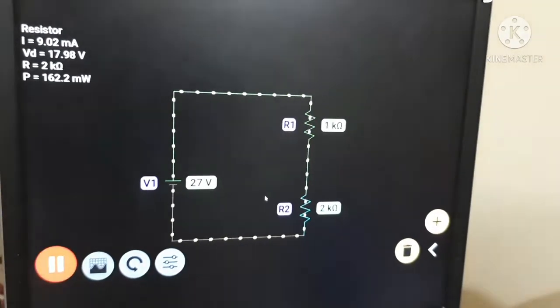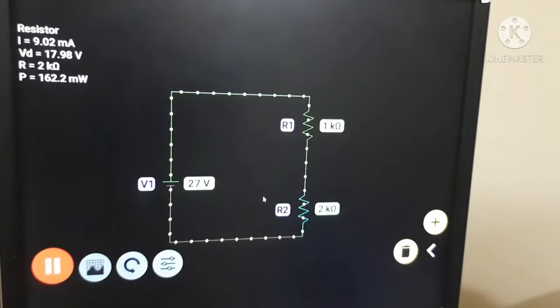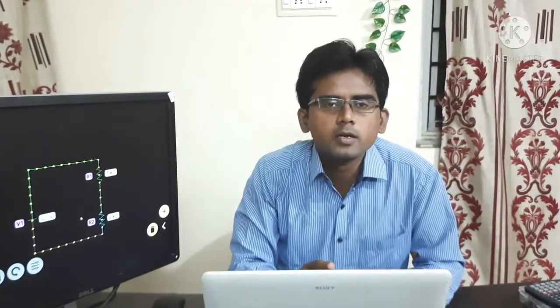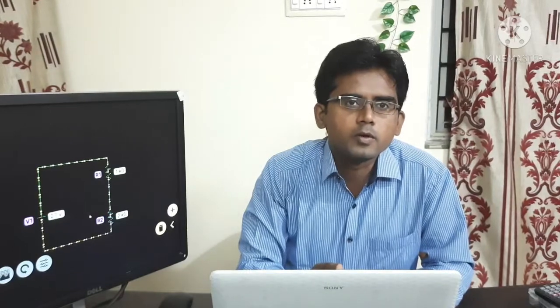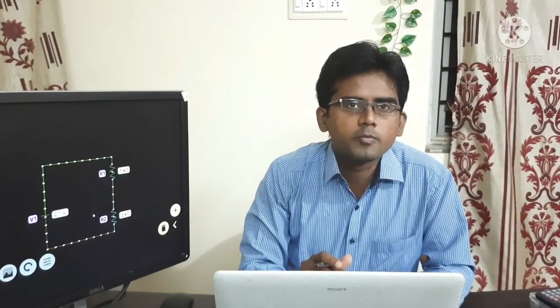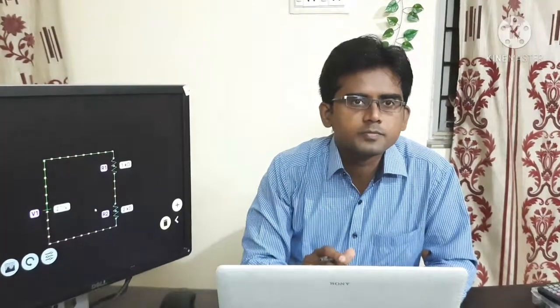This is how we can understand the resistance in series, how the power dissipation will happen, and we need to calculate the power dissipation of the resistor greater than the actual. At least we need to calculate twice, that is the thumb rule, you can keep it. Now we will see how the resistance behaves in parallel circuits.